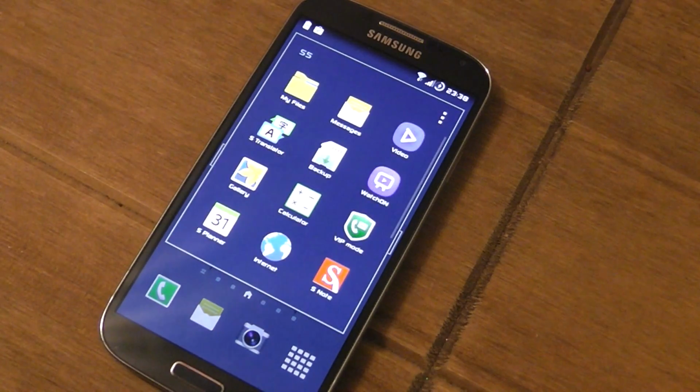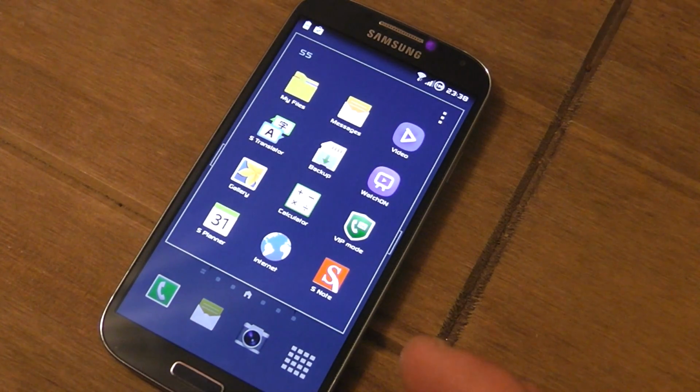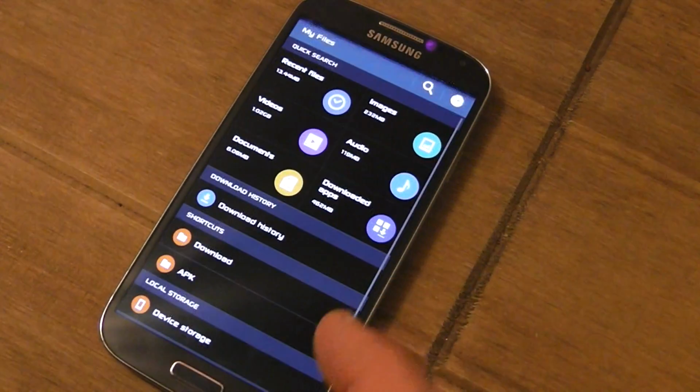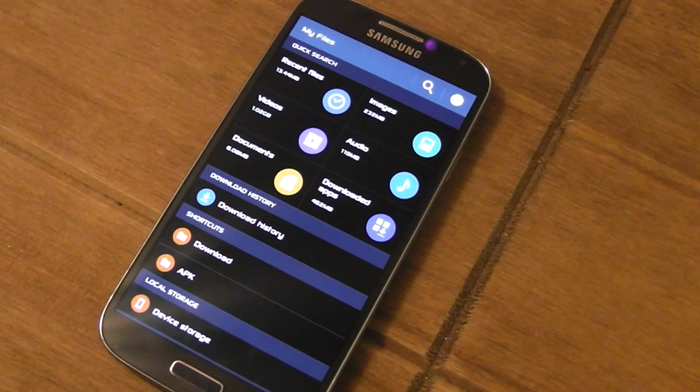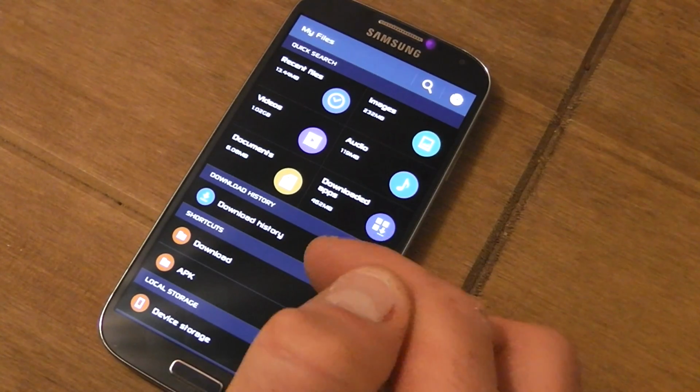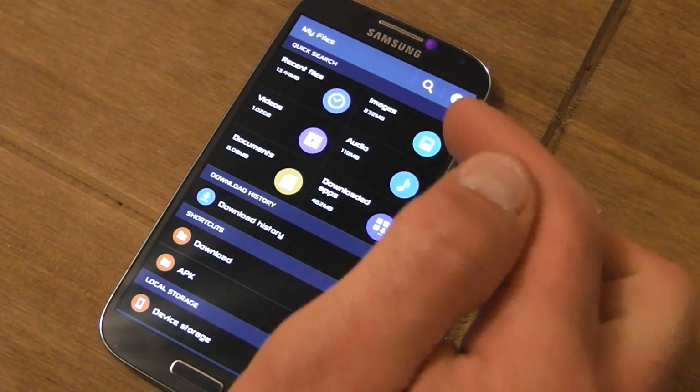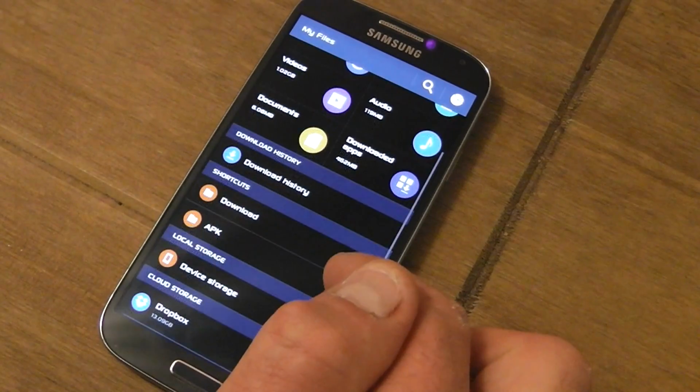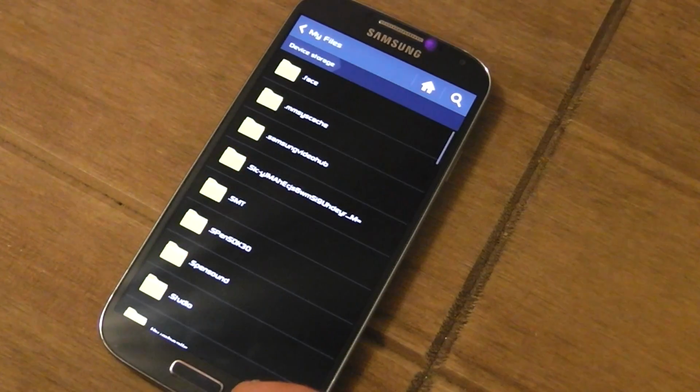What else have we got? Let's take a look in our little S5 folder. My Files. I really like the S5 My Files. Everything works flawlessly, or seems to. Recent files, images, yeah, all good. Device storage,